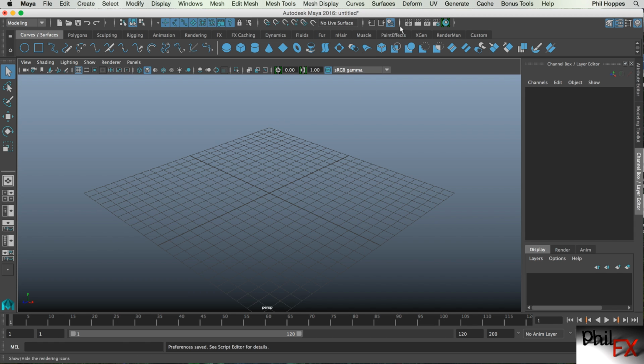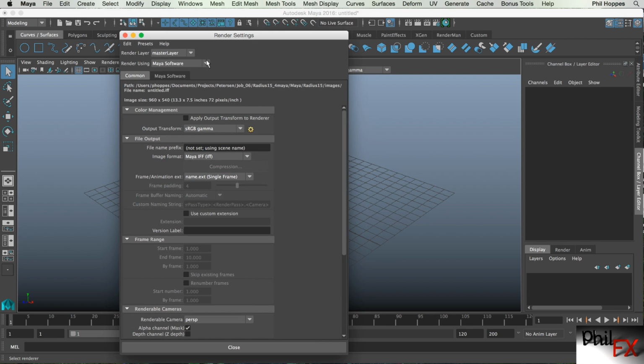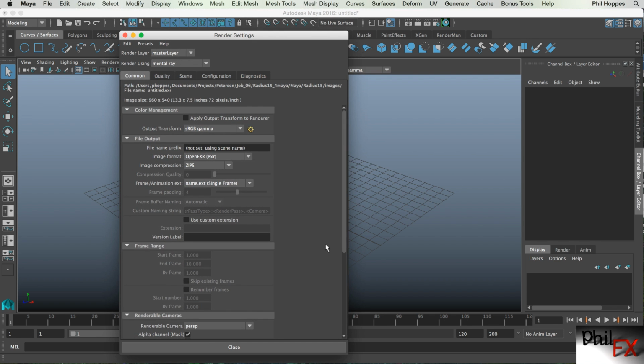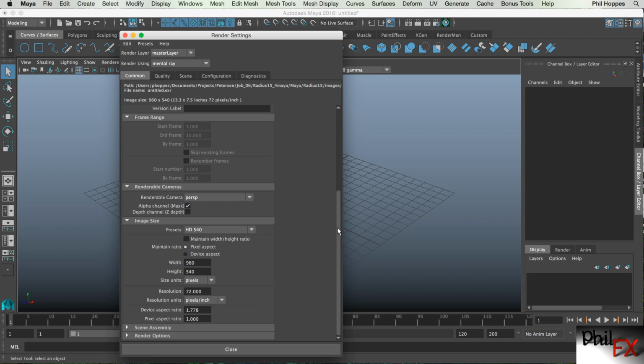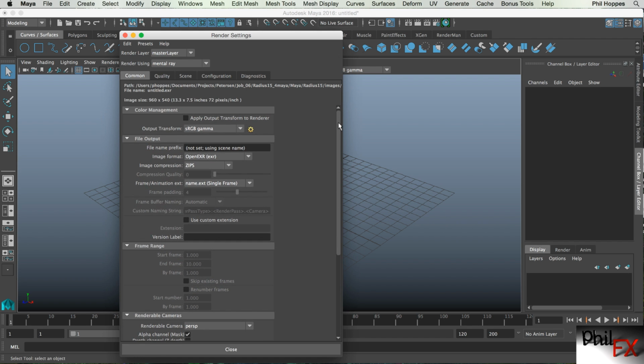The render setup has changed. So if we look over here, we've got one new button right there, and I'm going to talk about that in a minute, but let's go look at the render setup. So if we look at our rendering setup and go to Mental Ray, this has actually changed quite a bit from what we've had in the past. So we have the common, and this in general is pretty close to what you've seen in the past. So you have the common tab where you